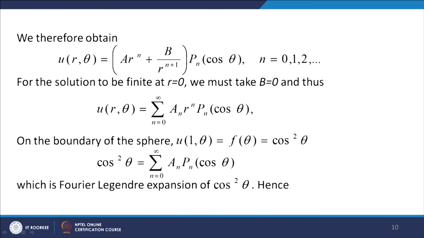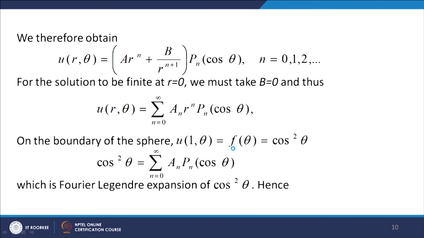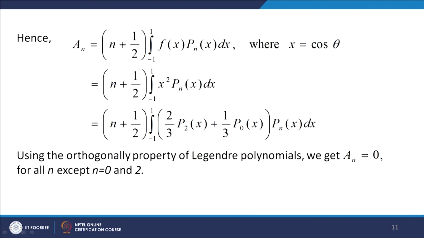And we know that in the case of a Fourier Legendre expansion of a function f(theta), what we get is this formula. So, these constants a_n can be computed by the formula (n + 1/2) integral from -1 to 1 of f(x) P_n(x) dx, where x is cos theta. Now, we are given that